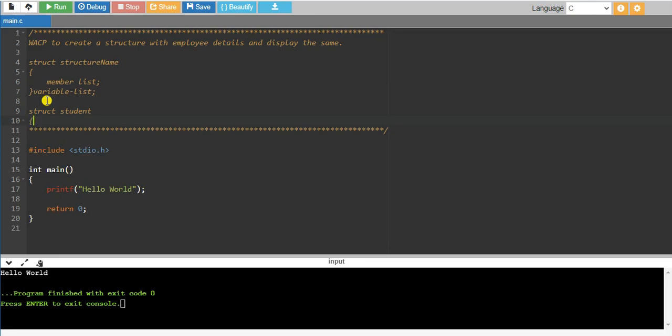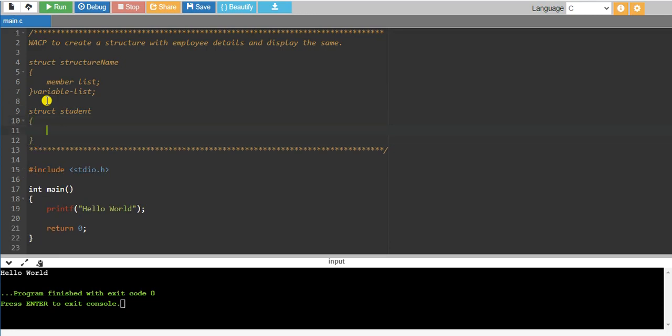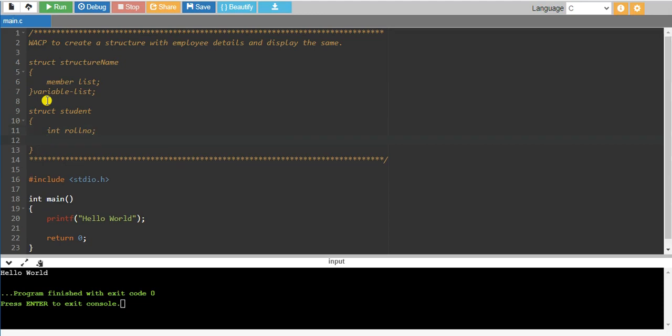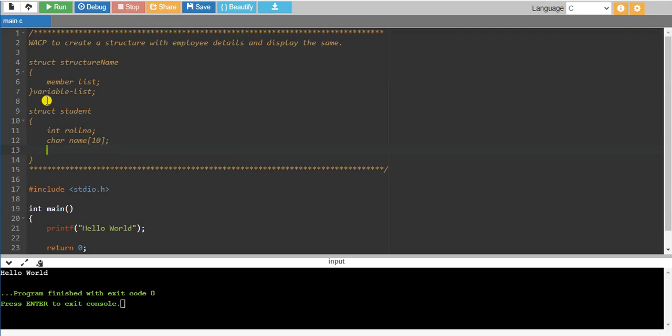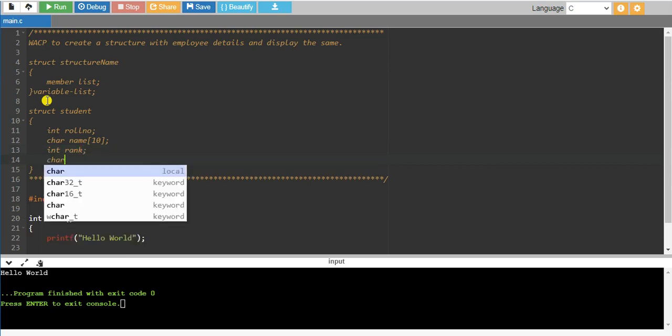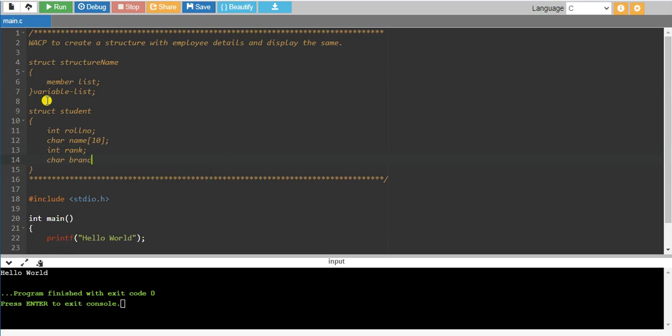What will this student structure have? An integer roll number, then a char array name of size 10, then an int rank, then a character array for branch.